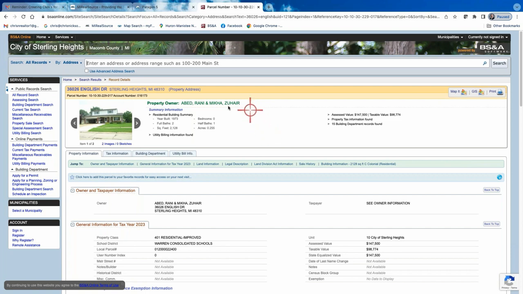So it won't do me any good if only one of the two people is there and the second one isn't there. Right now it tells me there are two people on the title. It'll also show you if it's one person in a trust or a trust only, and that's going to prompt a follow-up phone call from me saying, well, I see that the property's in a trust. Please have handy when I talk to you at the CMA the trust documents that show who's authorized